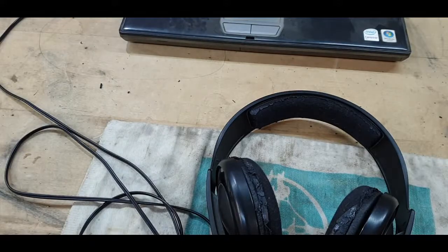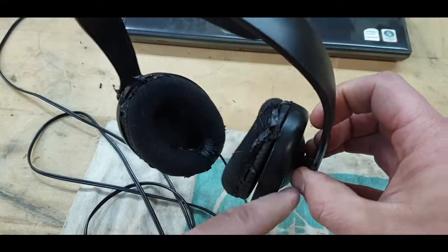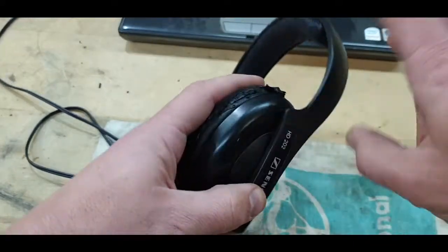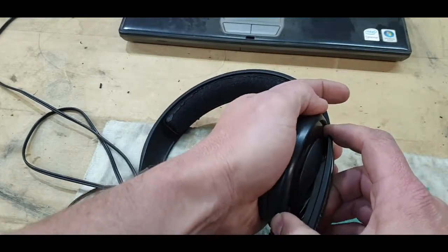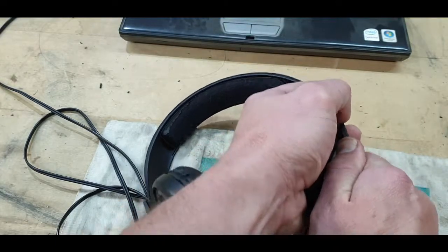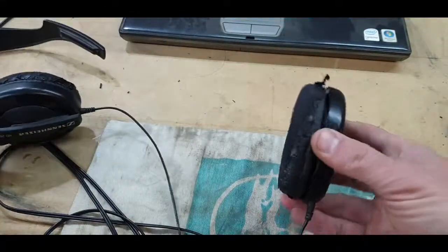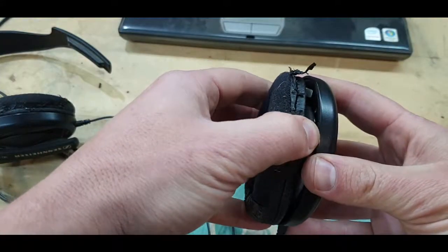Okay. So the way we're going to open this up is if you look inside here. I took a look, and the best option will be to slide this headphone out to the top. Just make sure we're on the right hand side. So you slide it all the way to the top and then you just clip it off. Okay, we can put this to the side. Now we can open the earpiece up by